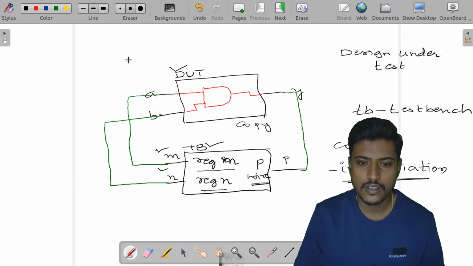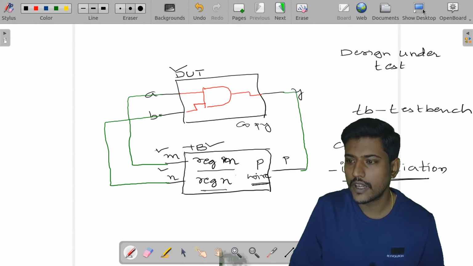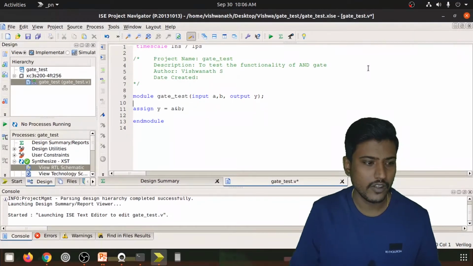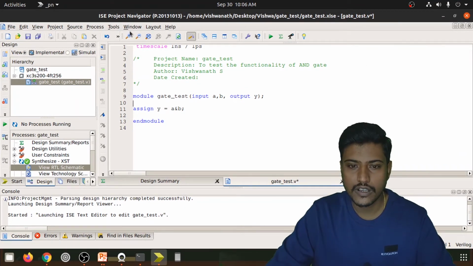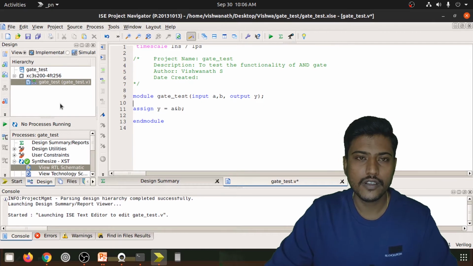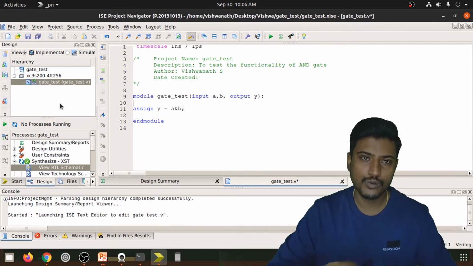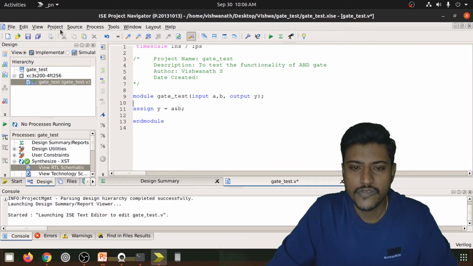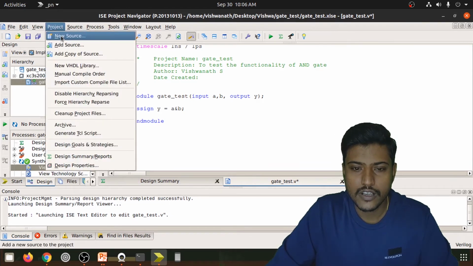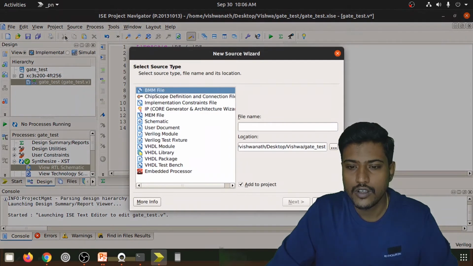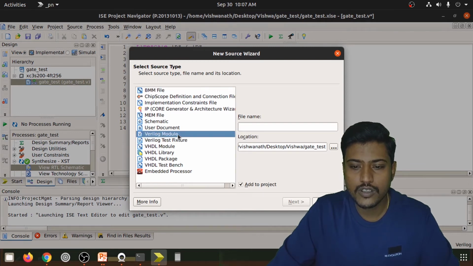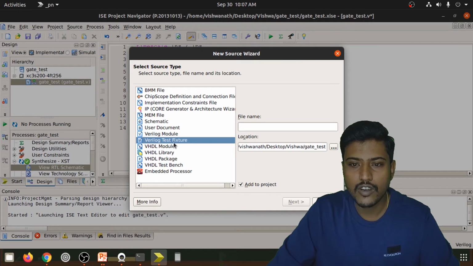So let us take that, and let me go back to my Verilog HDL, okay. Here let us look again at what we need to do in order to simulate and verify. As we said, we need to add these test benches, right. So I will go to Project, and then again to New Source. In order to write the design file, we had chosen Verilog Module, right. If you want to write the test bench, then we need to choose Verilog Test Fixture, okay, this is for writing your TBs.